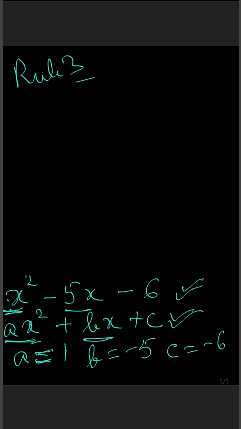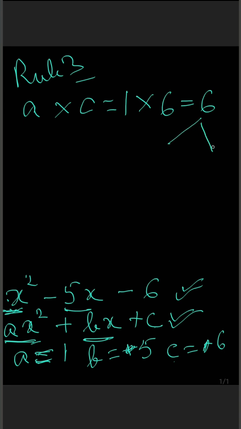Now see, in this method what we do is, first of all we will multiply the value of a with c. So what we will get here in our given question, that is 1 into 6. Okay, we will not incorporate sign here. We just take the values. So a into c would be 1 into 6, that is 6. Now we have to split this 6 into two such parts so that we will get the value of the middle term 5 after getting the difference of these two numbers.